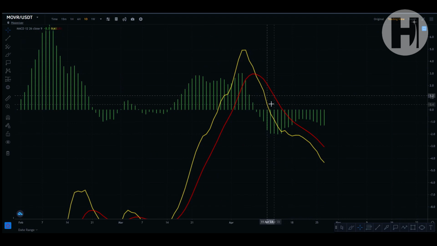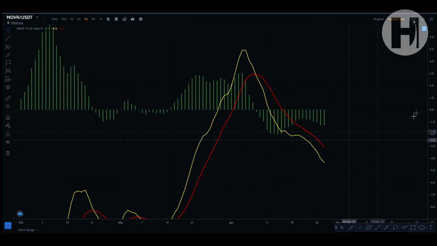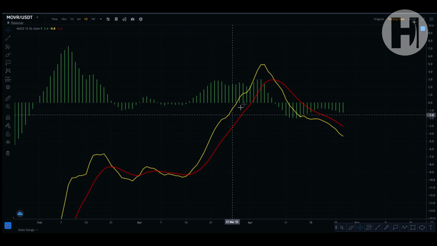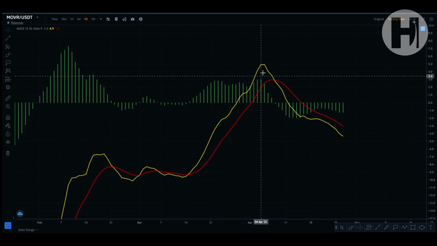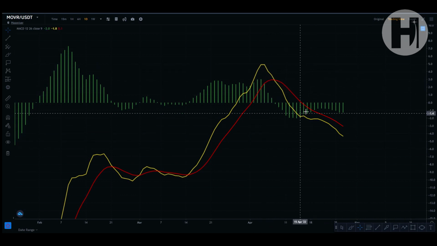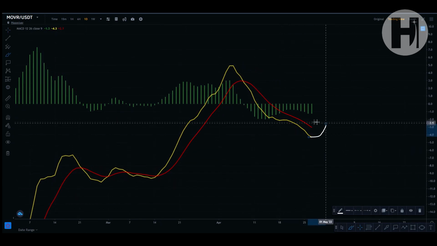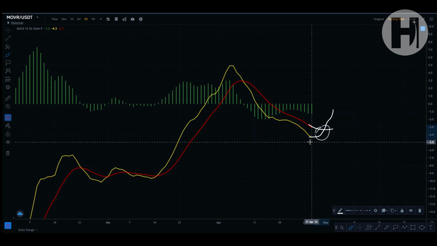And the MACD is getting very overextended to the downside. We're below the histogram. And I do think we're going to see a reversal very, very soon because, as you can see, once you have such an overextension, for example, previously over here, once you had the bullish cross March 14th, you had huge price appreciation. You get overextended, you know, it's just obvious that you're going to see some sort of reversal because you can't go in one direction forever. The same thing can be said about this. You're just going to have to wait for the bullish cross if you want to have that uptrend confirmation. So that is going to be your confirmation, obviously.